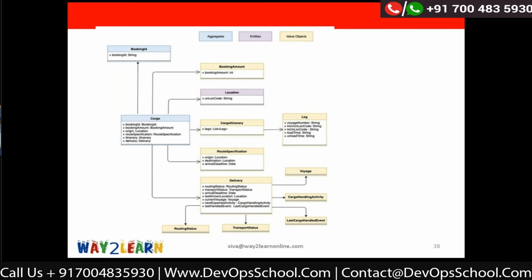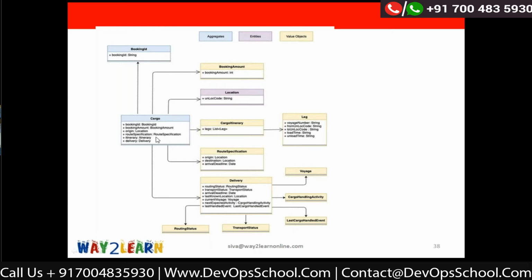Now, I'll ask you a simple question. Tell me, why should I create a separate class like route specification? Why can't these three fields be written inside cargo itself? Of course, I could design my cargo class to contain origin, destination, arrival deadline.